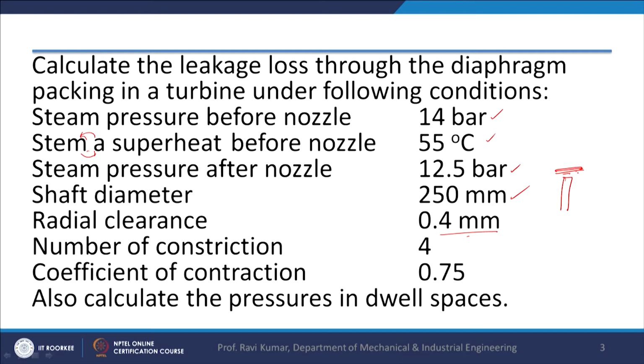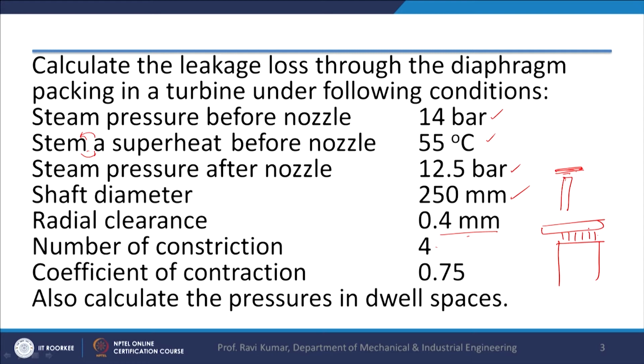So, it is not between the blade and the shaft, it is between the housing and the blade edge. Number of constrictions: as I said earlier in the previous lecture, constrictions are provided just to prevent the loss of steam or pressure loss of steam. It is a sort of sealing, and constrictions are made of soft material so that damage of the blade does not take place.